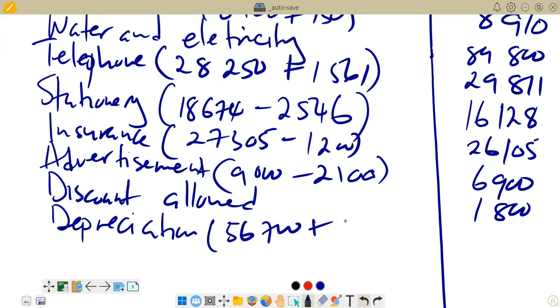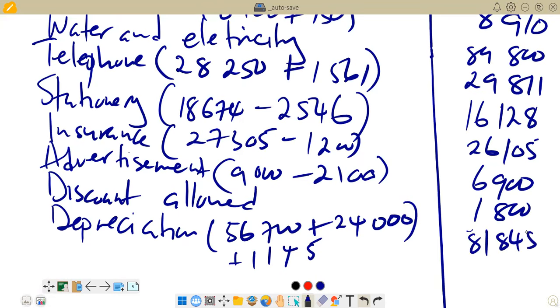Then we add 24,000. Then we add again 1,145. Then we get our total depreciation, which is 81,845. So this becomes